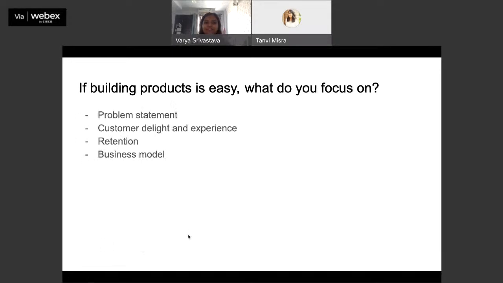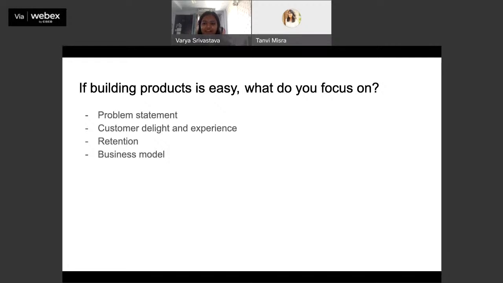So the next question is a slightly complex one. If building products is easy, as I said in this presentation, and you could literally find no code tools and build products with such ease, then as an entrepreneur or a product manager or a product leader, what do you spend your time doing?